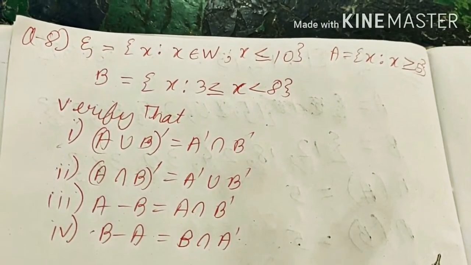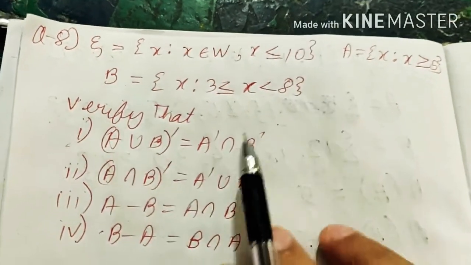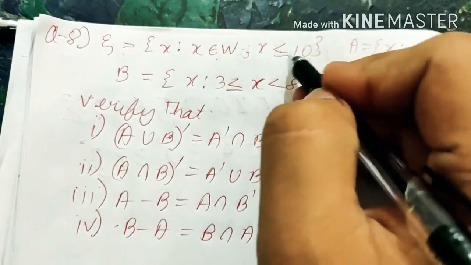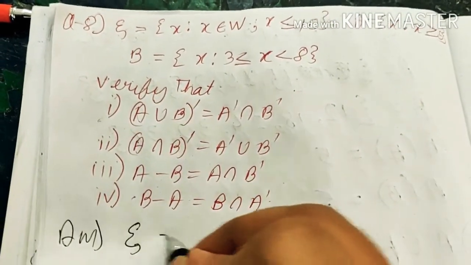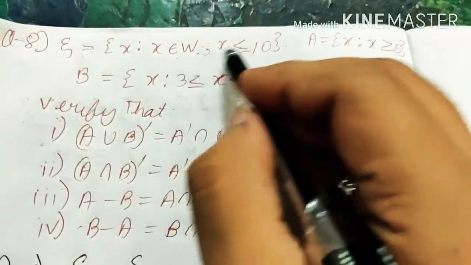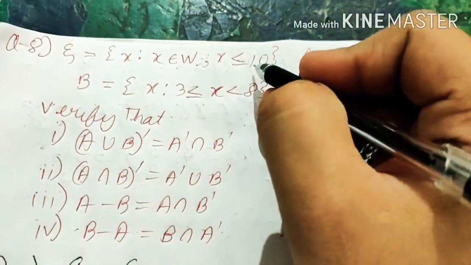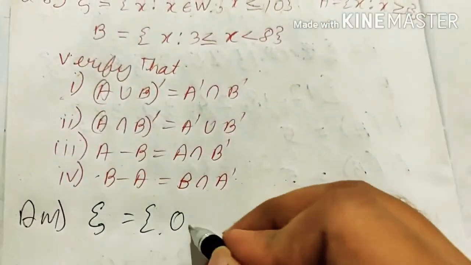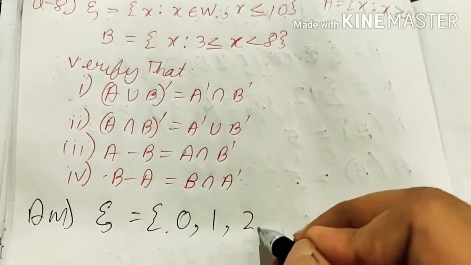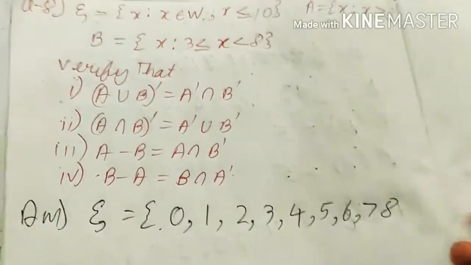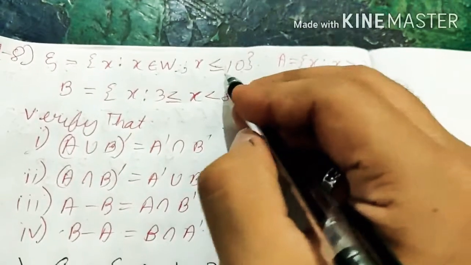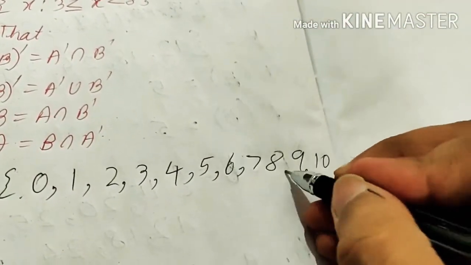Look, we have a question here. In this, we have to verify these 4 things. Universal set is given, belongs to a whole number and less than equals to 10. So first our step should be to find the universal set, set A and set B. Universal set belongs to whole numbers, that is it starts from 0 and it should be less than 10. Yes, 0 is less than 10, so we will take 0, 1, 2, 3, 4, 5, 6, 7, 8, 9, and it says less than equals to 10, so 10 will also be included. So this is our universal set.